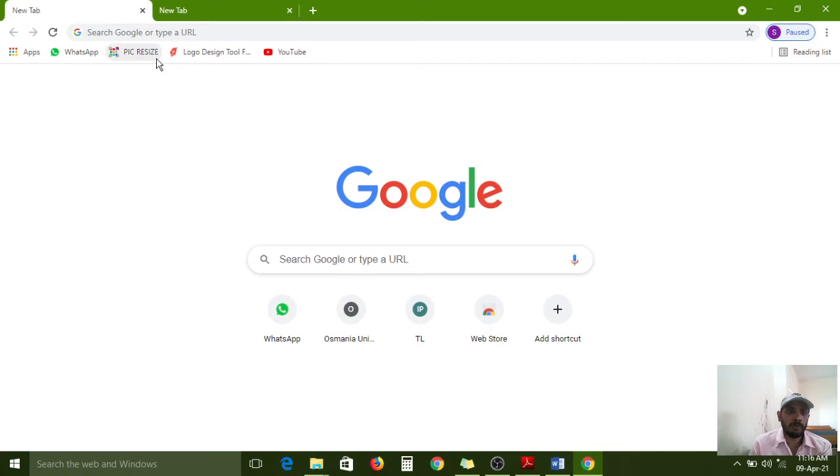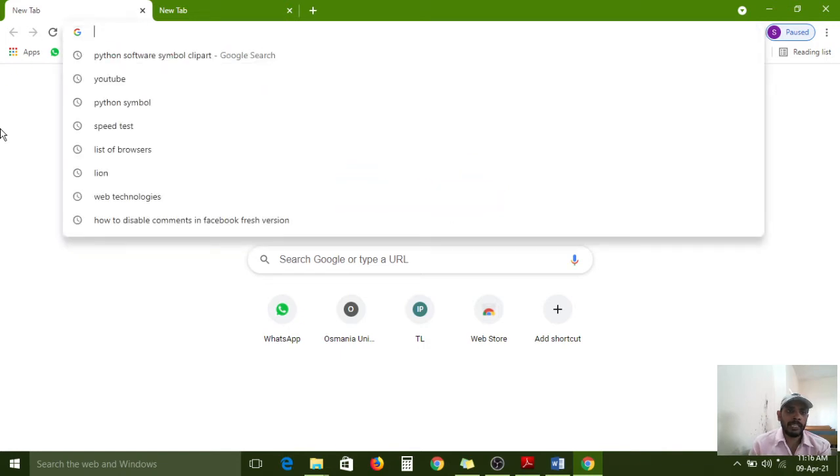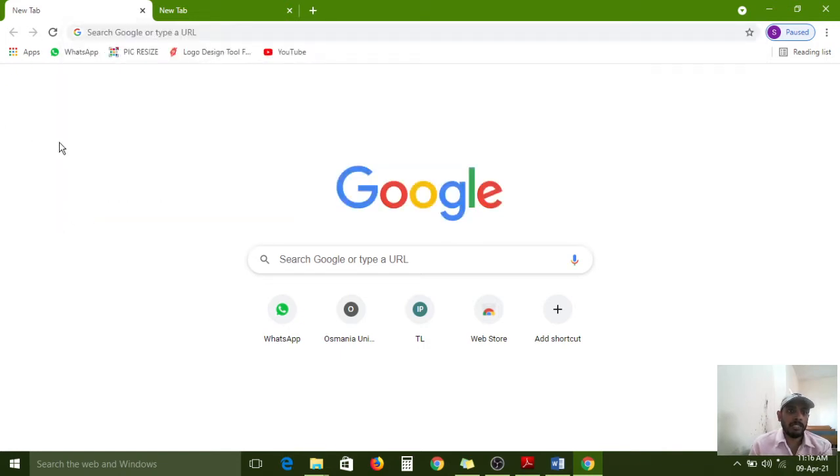Next, these are the bookmarks, the bookmarks toolbar. For example, if you open a website daily, typing the URL and pressing the enter key every day is a burden, because every day we are opening the same thing. So just by clicking on only one option, it will immediately open that website. For that, bookmarks are very useful.